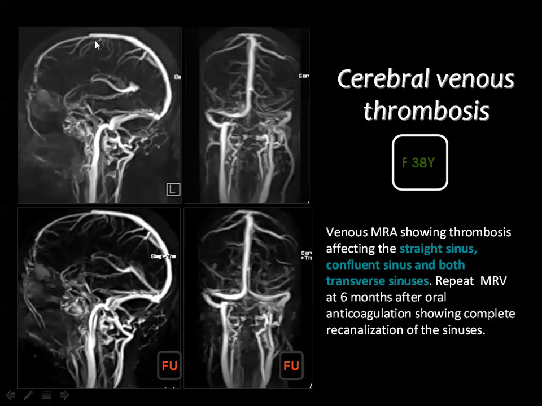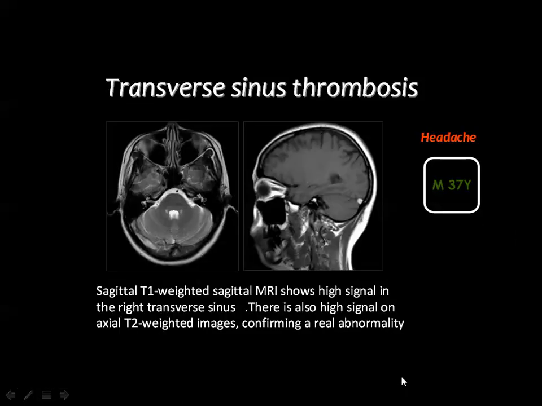And in this particular example, you can see that in the straight sinus there is no flow, and also no flow in this left transverse sinus. And the follow-up after treatment showed the presence of flow within the straight sinus and also the presence of flow within the transverse sinus. So if you look here, you can see this high signal at the confluence of the sinuses, and this high signal in the region of the right transverse sinus, denoting the presence of